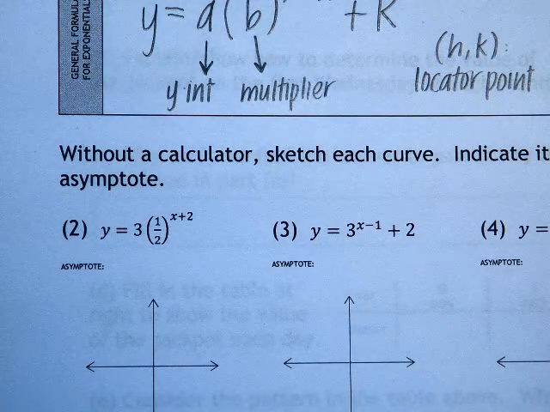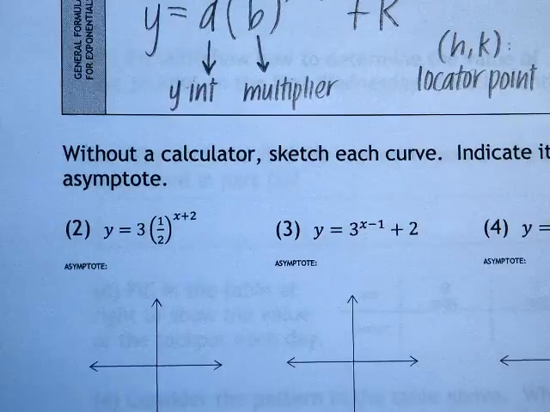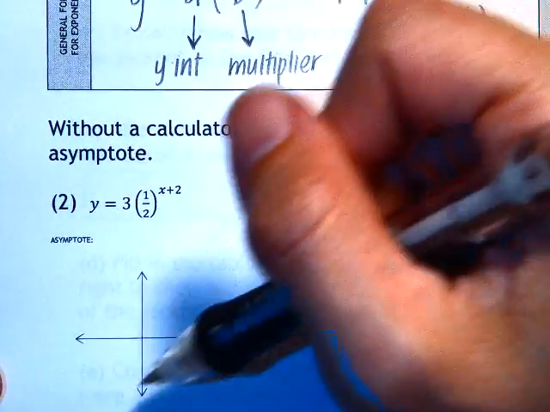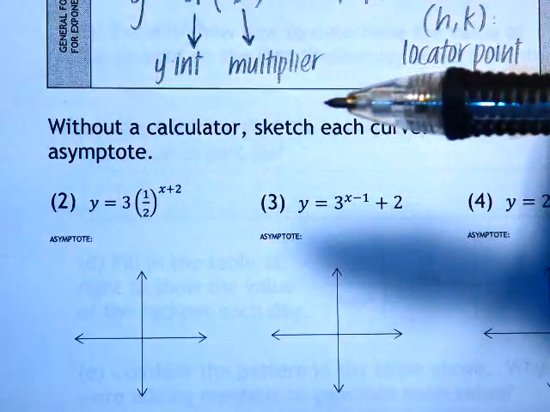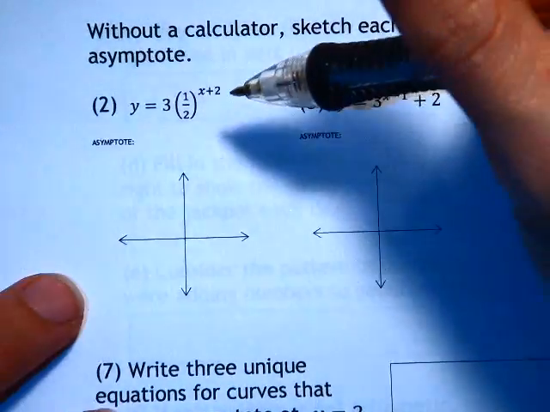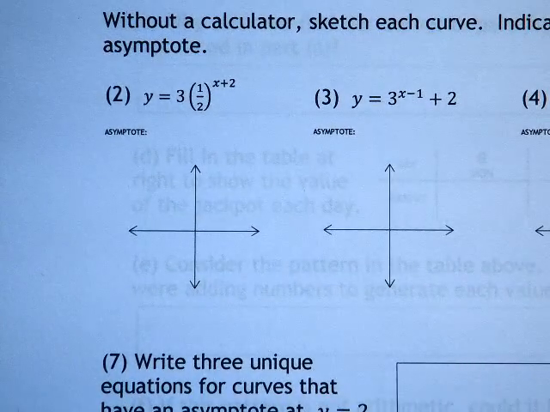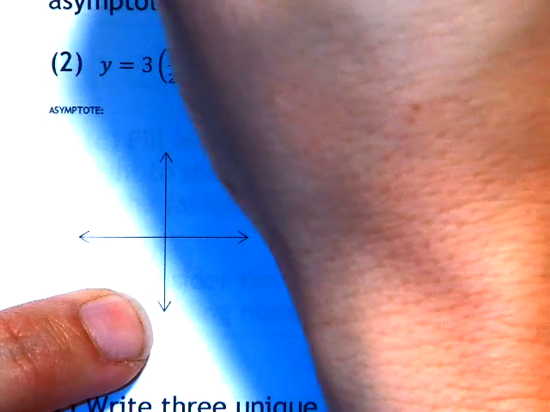In questions 2 through 6, we'll just practice a little bit more with what we saw in question number 1's video, or if in general you just understood this from the Desmos, a basic look at how to interpret where an exponential graph is located based on its locator point, and how to then make sure that we can make its sketch. So in question number 2, the first thing I want to look for is the locator